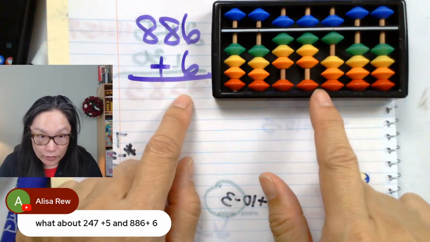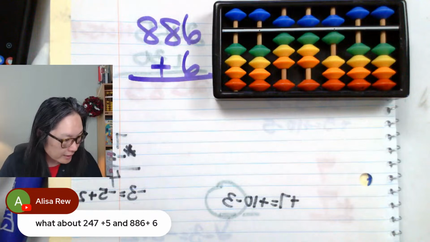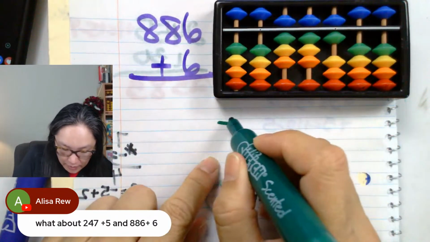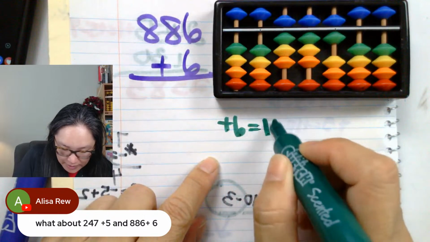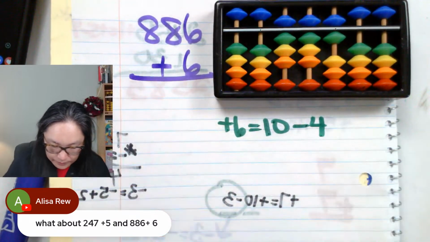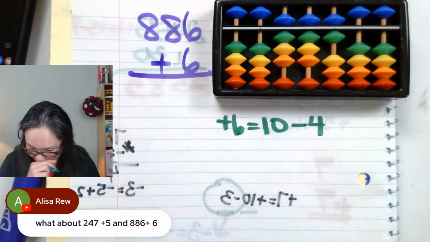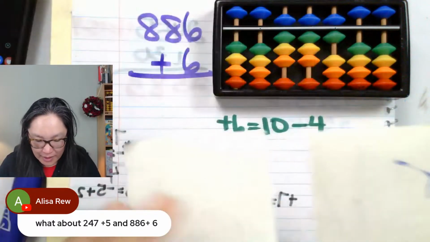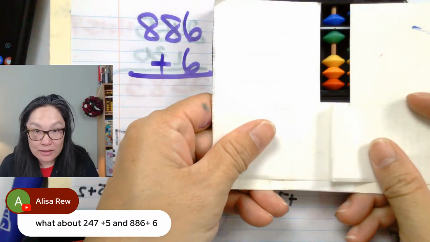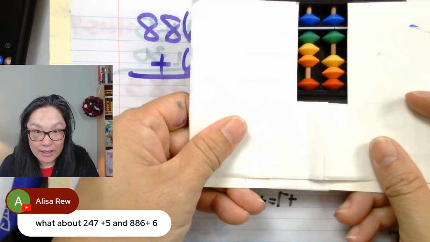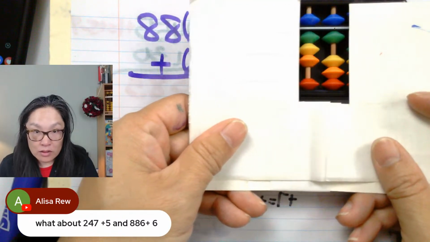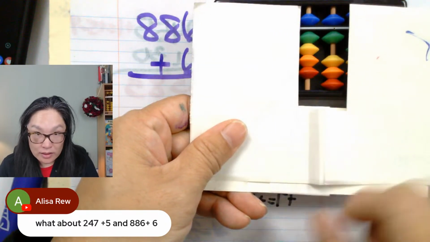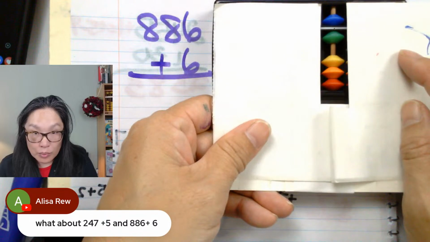I don't have enough. What do I do? Plus the 6 is equal to plus the 10 minus 4. We can do it this way. Why? Because when we want to add the 6, all we have to do is plus the 10 minus 4. So plus the 10, I'm going to add the 1, and now I'm going to